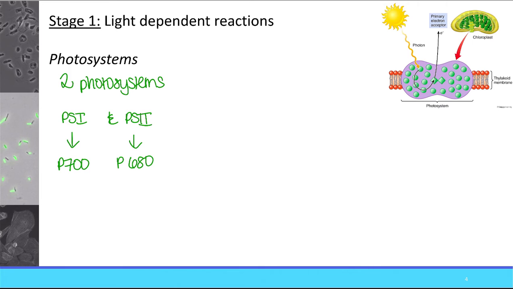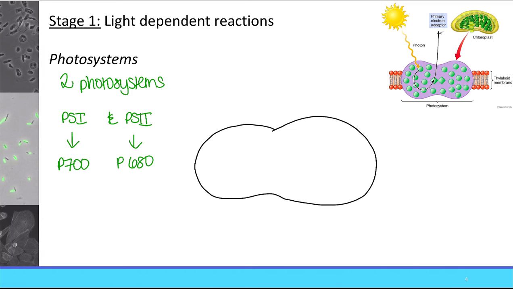I wanted to include the textbook image because, as you all know, I struggle with drawing, but we are going to recreate this image and draw our own, and talk about the pieces. So let's go ahead and draw our photosystem. So here is a photosystem, and again, whether it's photosystem 1 or 2, they look very similar. And a photosystem, because I have not yet actually told you what it is yet,